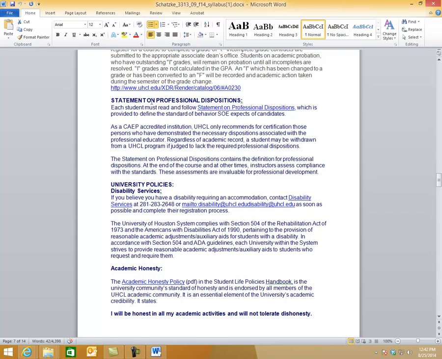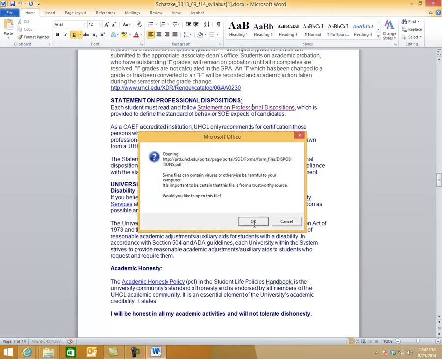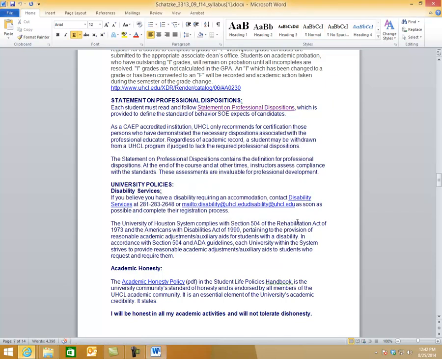Okay, statement on professional dispositions. This is very important because you're going to have to use this document on your first assignment. So make sure that you can click on here, open it up, and that you go over this document pretty thoroughly.